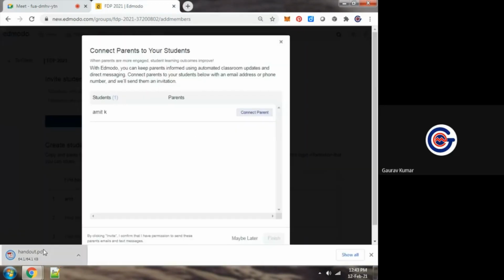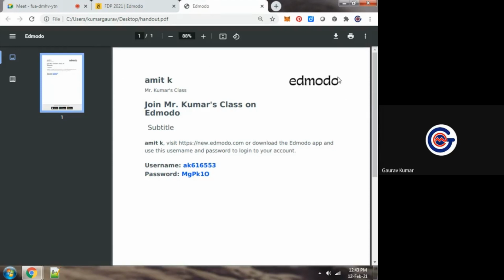So I can download the enrollment sheet of each student. You can see that this is the enrollment sheet. I will share this enrollment sheet with the student so that they can check their username and password. With each and every account, an enrollment sheet will be generated.